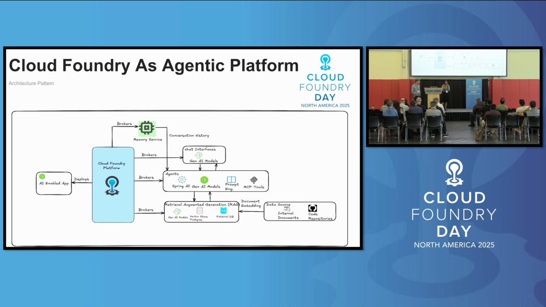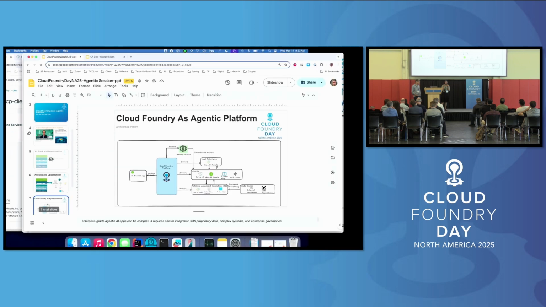So what this diagram shows, on the left, is that tiny little piece that, as a dev, I'm responsible for, the AI-enabled app. Everything else here, which is going to be required in order to implement these GenAI applications, is being managed by the platform. And of course, our heroes, the platform operators. And so this takes a lot of context off of our plate here.